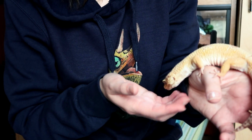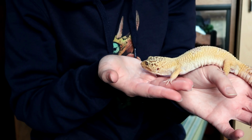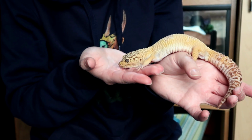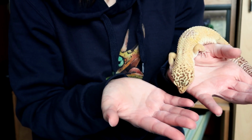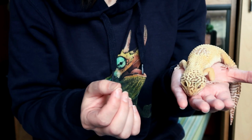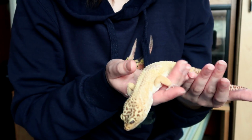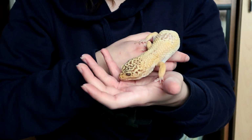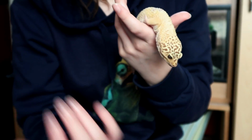And unfortunately, it's quite common if you buy them from big chain stores where the geckos are kept in very poor conditions with multiple other sickly looking geckos in the cage. Your gecko can come with parasites. Some even come with sticktail, which is a highly contagious and incurable issue that affects leopard geckos. So my advice to you is obviously try to get a healthy gecko to begin with and don't support big